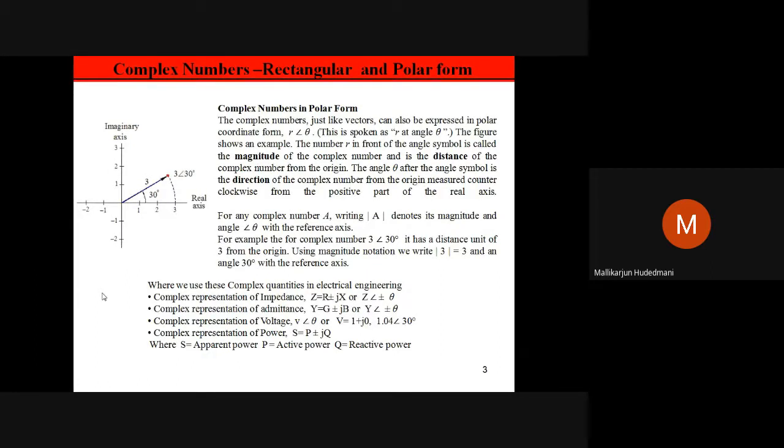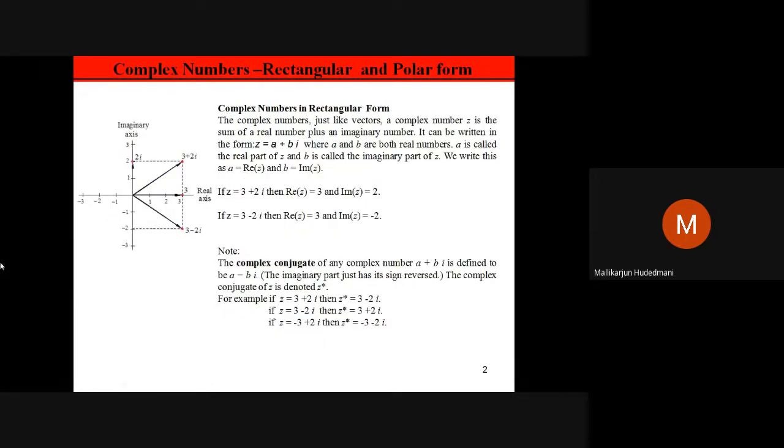Sometimes, one more thing you may ask me. In case of this rectangular format, can this real number be negative? Definitely, it can be over here also. It can be minus 3 plus 2. Then definitely the plus 3 marking I would have done on minus 3. Then this vector would have taken the resultant in the second quadrant. I mean 1, 2, 3, 4, it would have been spread in the second quadrant.